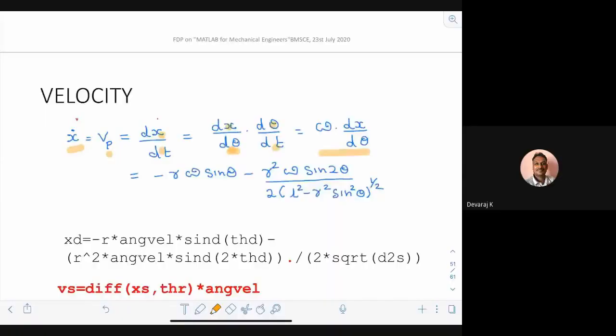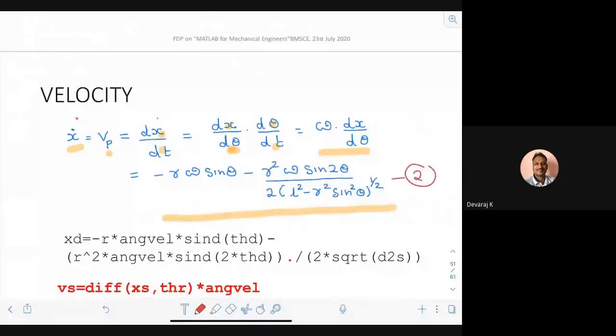Point. Velocity is omega into dx by d theta when we go to symbolic variables. And now we should differentiate on a paper and do all the expansions. You will be getting this equation to be coded in my program. So this is my second equation. And if you carefully observe the program here,